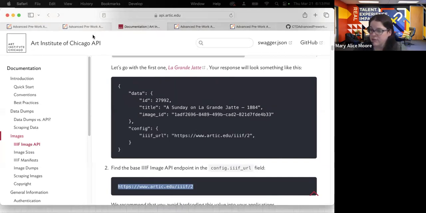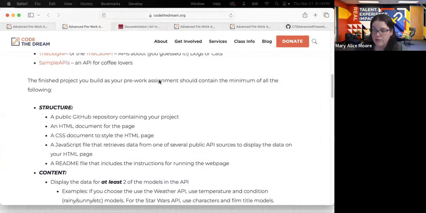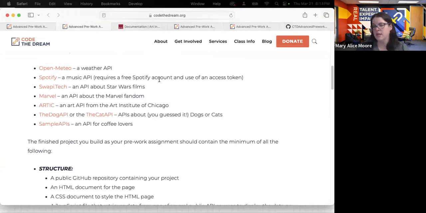If you're using a different API from the art one, for Star Wars, you could have one that lists characters, one that lists films. For weather, you could have one that lists weather conditions, sunny, rainy, cloudy, and one that lists high temperatures or low temperatures. For the dog and cat ones, it could be one that lists breeds and then one that lists lifespans or temperaments. So as long as you're hitting 2 different endpoints and displaying them separately, as opposed to